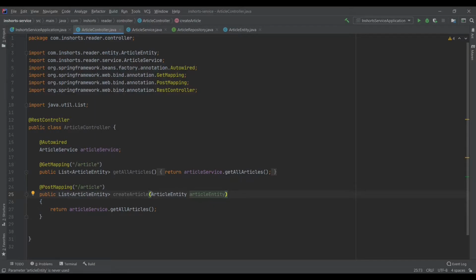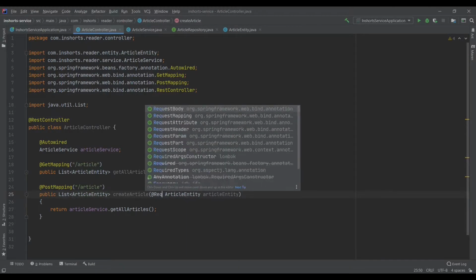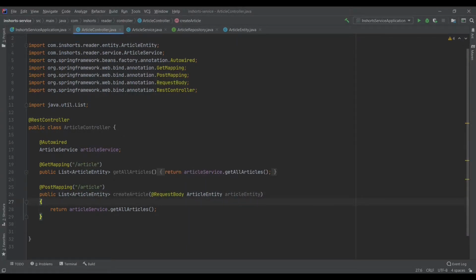Now to specify that this is particularly a request body or a request payload, we'd specify an annotation called @RequestBody. And finally, we want to return some string. So let's return a string. That's it. We are done with our post mapping for the controller layer.